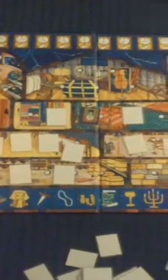So, it's not just a memory game, but it also kind of becomes a storytelling game too. So what you want to do is, as you make pairs, you put the pairs down here at the bottom, and then hopefully before midnight, you're able to use process of elimination to...